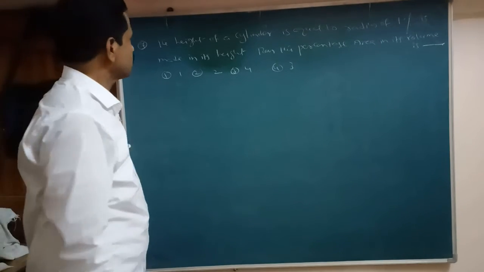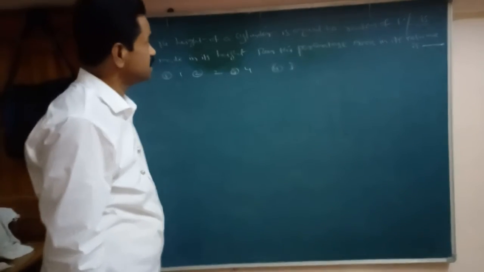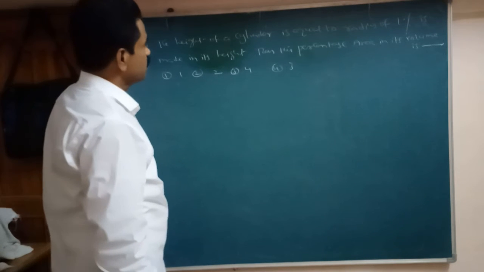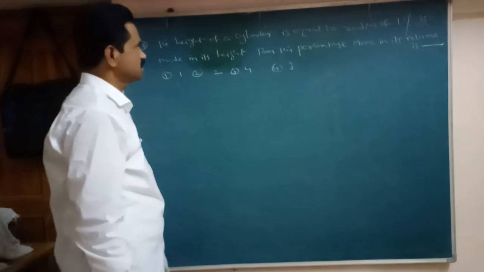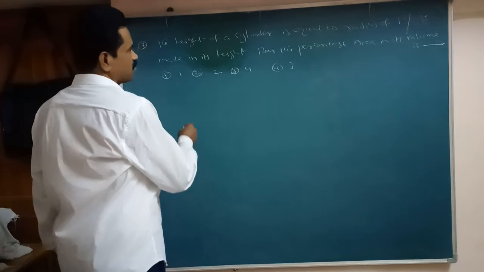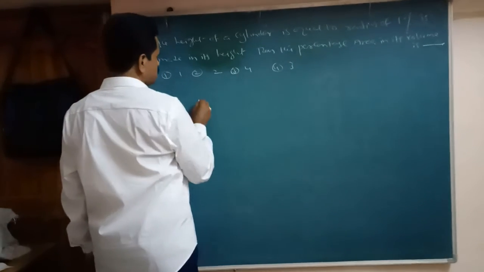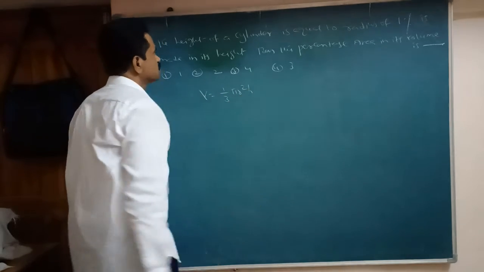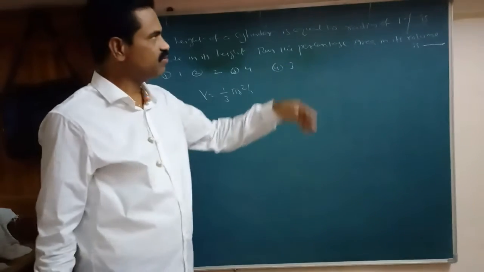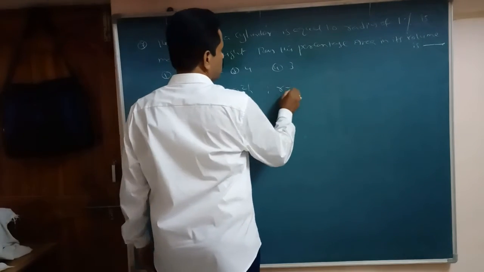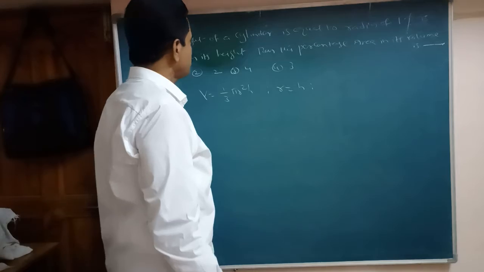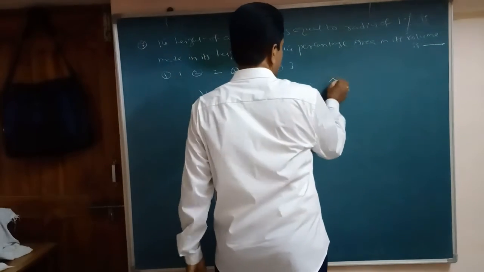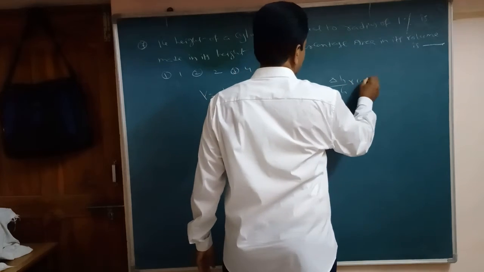What is given here? First decide the function, a cylinder. Volume of a cylinder. It is how much here? 1 by 3 pi r square h. Right. Then volume, V equal to how much here? 1 by 3 pi r square h. But the height of the cylinder is equal to the radius, so r equal to height is given. And what is given here? Error made in height. Percentage error in height is what here? Delta h by h into 100 equal to how much given here? 1.